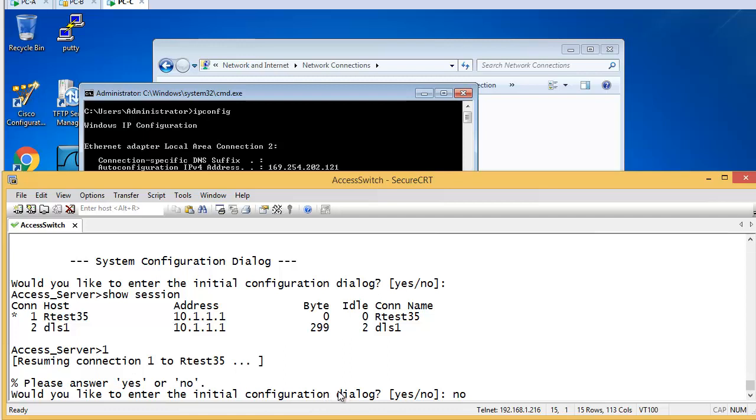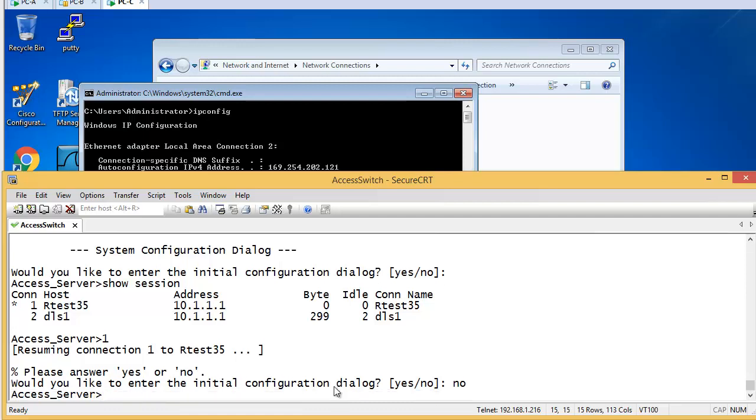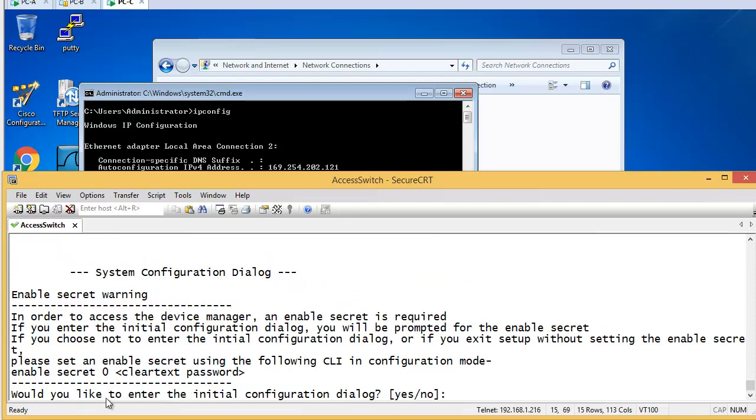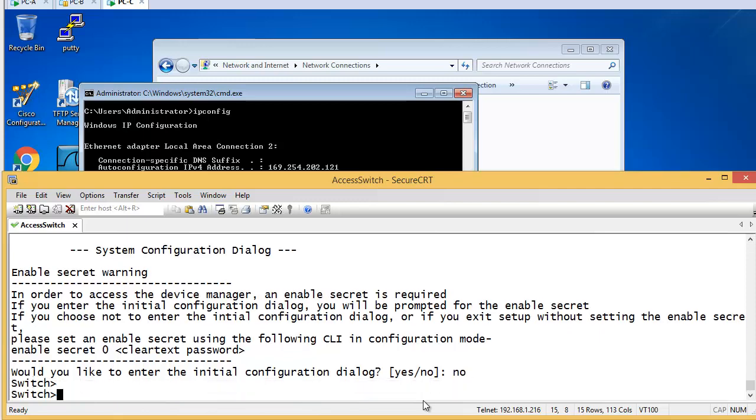If I want to go back and then go to DLS2, I'll press Control Shift 6 and then X. That will take me to my access server, and then press number 2 to go to DLS. Now you can see the DLS doesn't have any configuration either, so I'll type no and press enter. I go back to my router